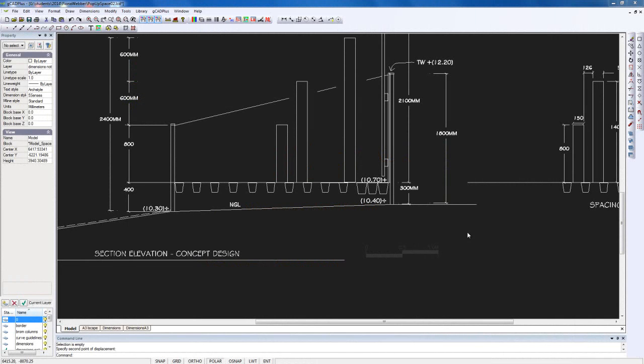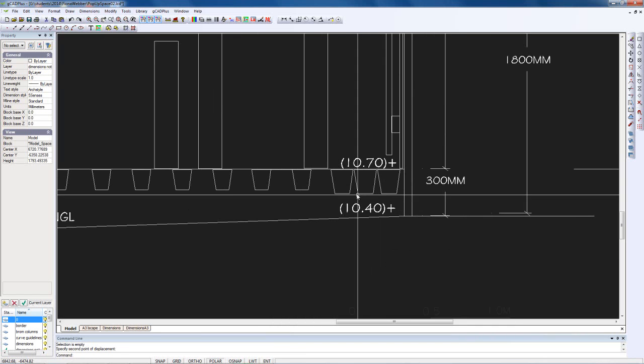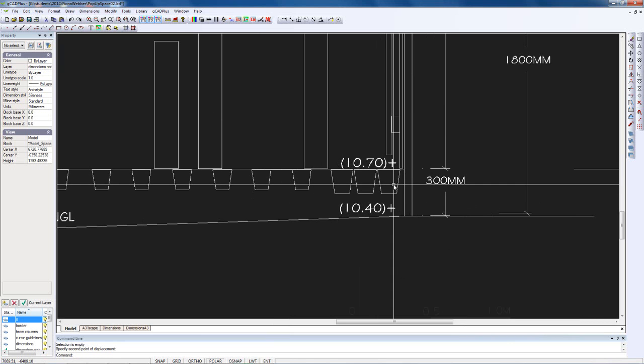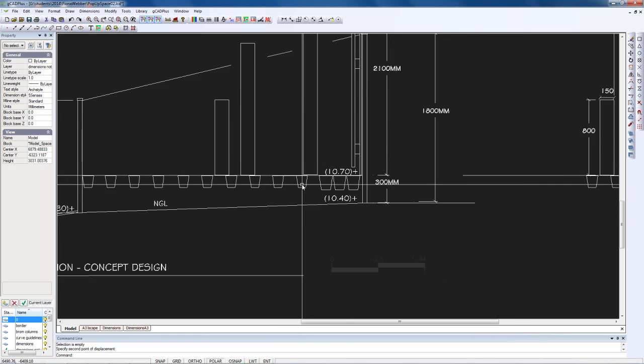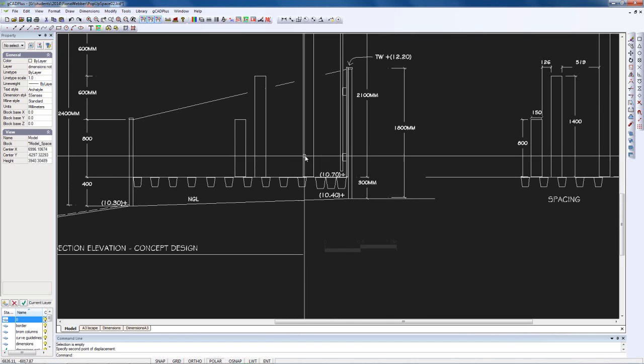gCADPlus lets you set up several different dimension styles. This design here is a section through a platform with some substantial wooden uprights and a screen at the back and so on. There are some bearers running through here. Notice that the bearers on the right are of a different dimension to the bearers on the left, and I've used a dimension style